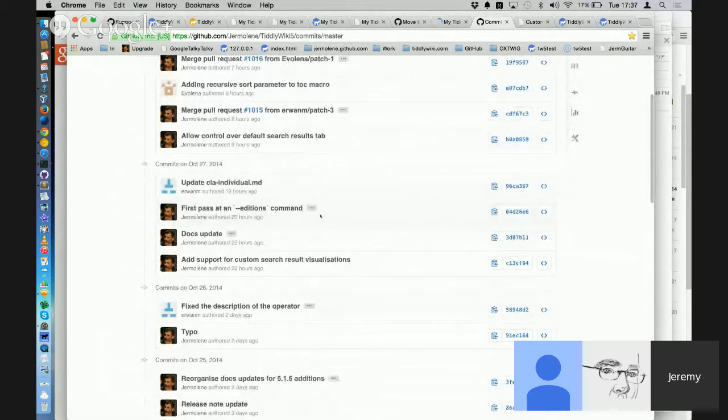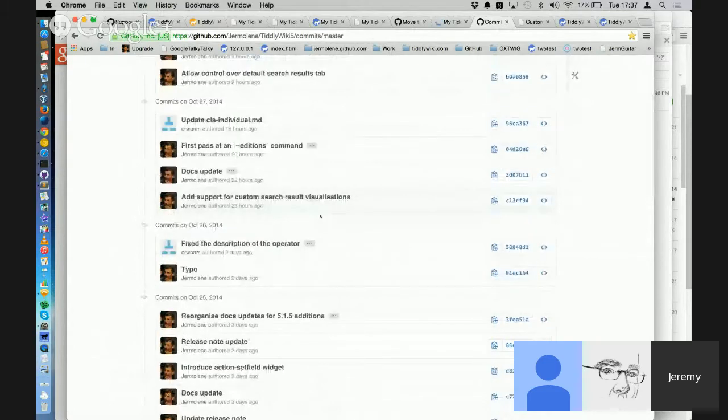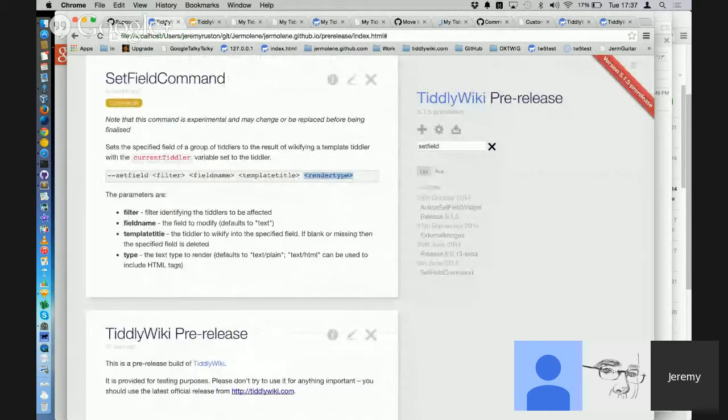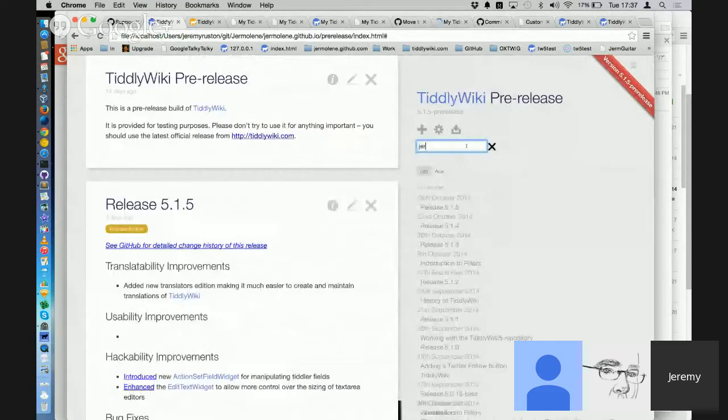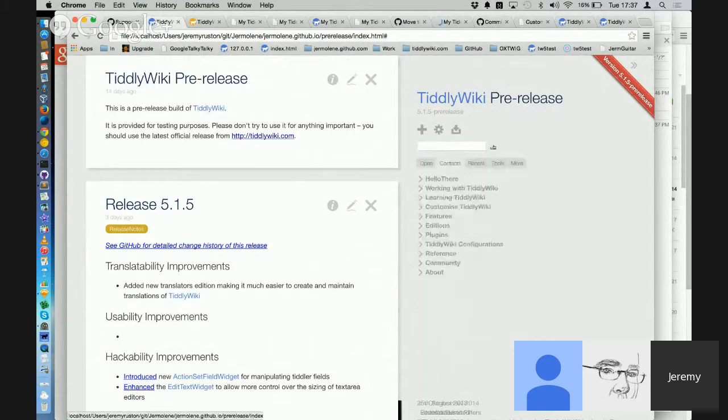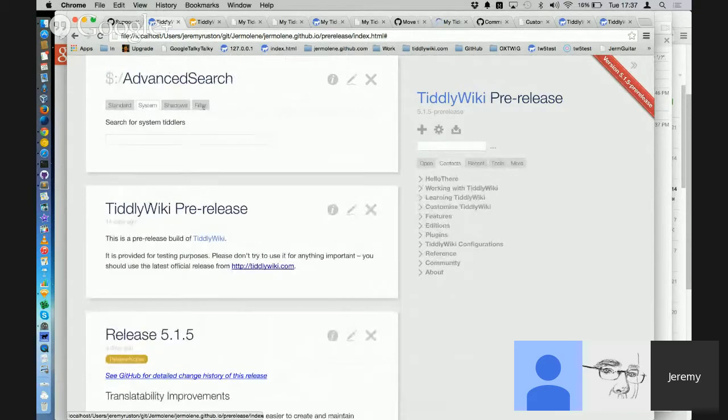Oh yes, there's one other thing I've added, which was requested on the group, and it was to be able to customize search results. So basically now search results are shown in tabs. The default tab is list. The example here that I've got is a